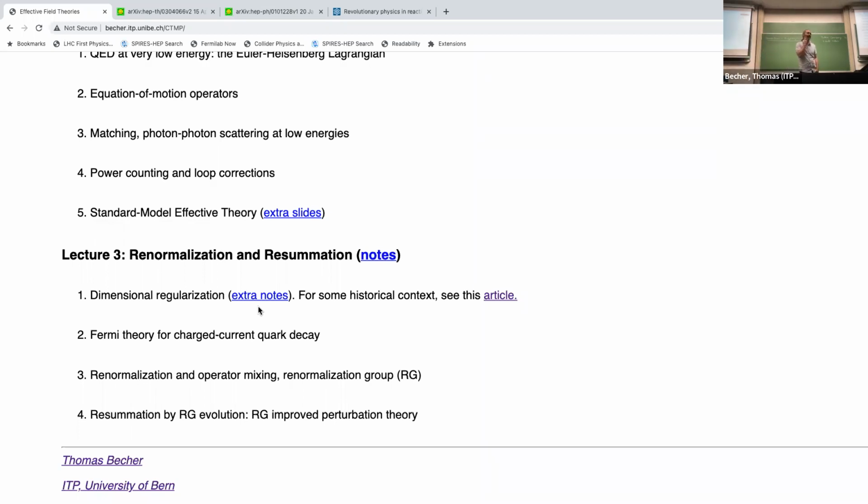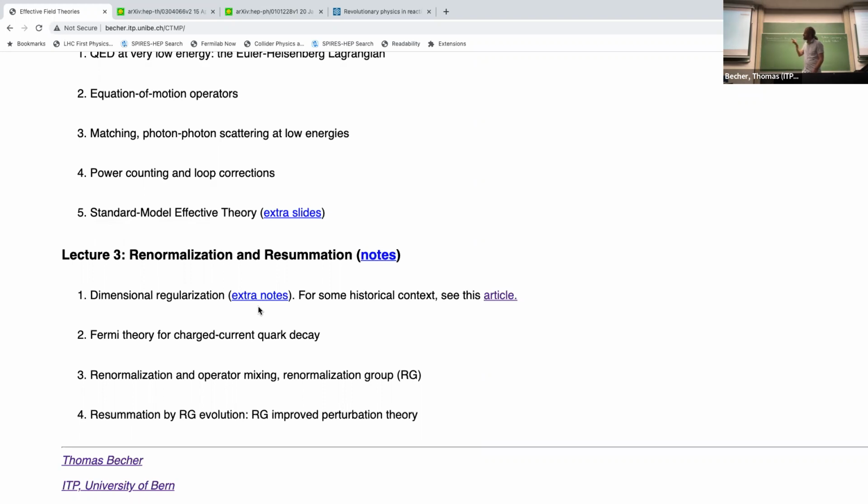Yesterday, some of you asked, well, why go through the entire trouble? Isn't the full theory in some sense simpler? In some sense, yes, but there are examples, and we'll discuss an example from flavor physics where we really have to use this effective field theory to compute the physical quantity. Otherwise, you end up with these large logarithms.